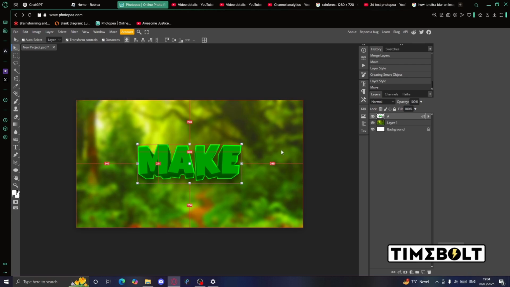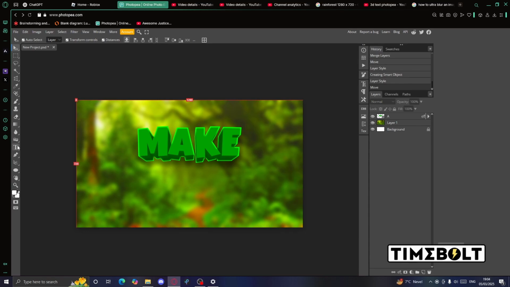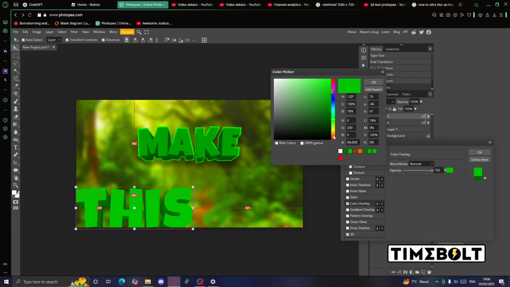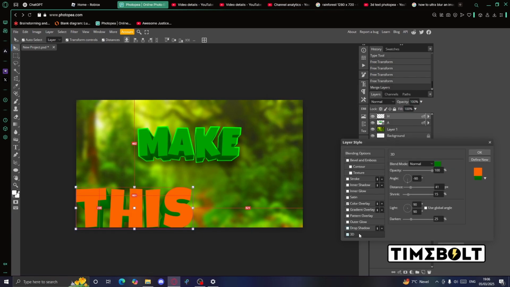So for me, this is the first bit of my text. I have to make one more. So in order to make another one, literally just do exactly what you did before. You can also change the colors to however you want during the making of the second one. Just make sure that the 3D color is slightly darker than the text color, like what we did in the first one. So you know what? I think we'll actually change this to a bright orange color. Why not, you know? Creativity is key in the thumbnail field, at least in my opinion.